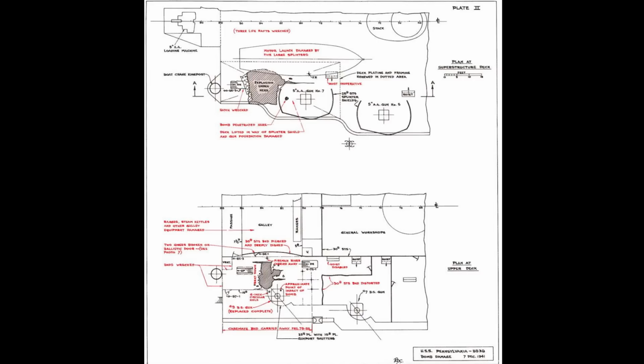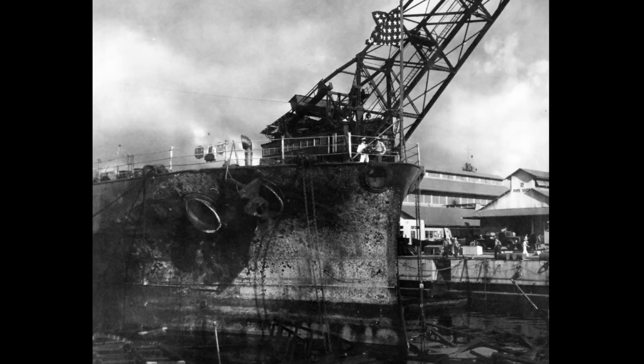The dry dock was then flooded around 9:20 in an effort to quench the fires raging around the destroyers and to prevent catastrophic damage from happening to Pennsylvania. But at 9:30, explosions on the destroyers began to take place, and at 9:41, ammunition on Downes exploded and covered the area with debris. A section of a torpedo tube weighing between 500 and 1,000 pounds was blown onto Pennsylvania's